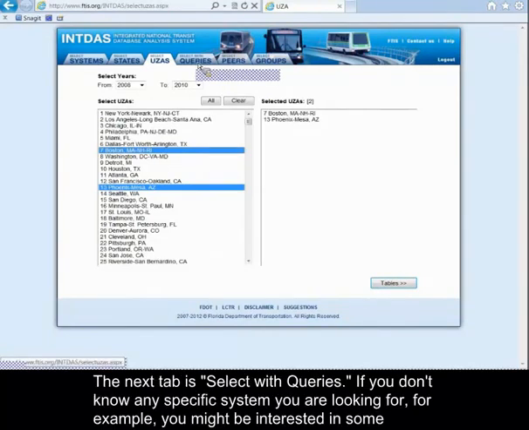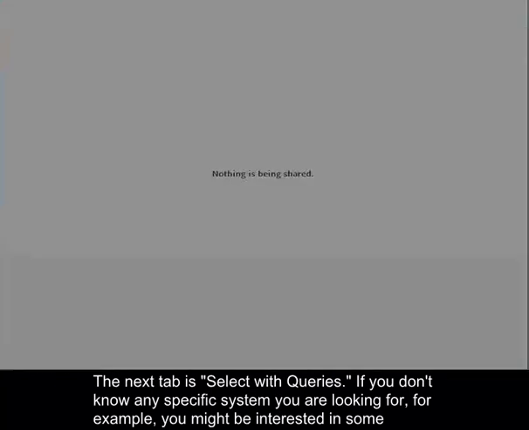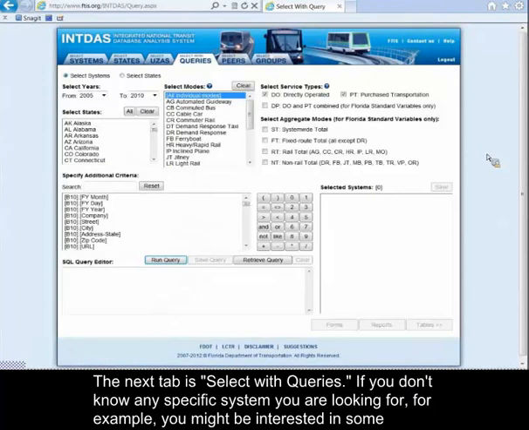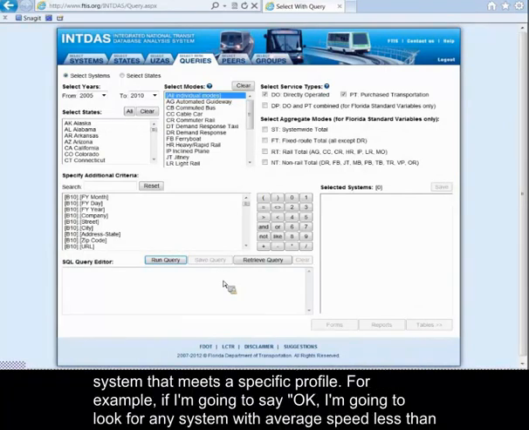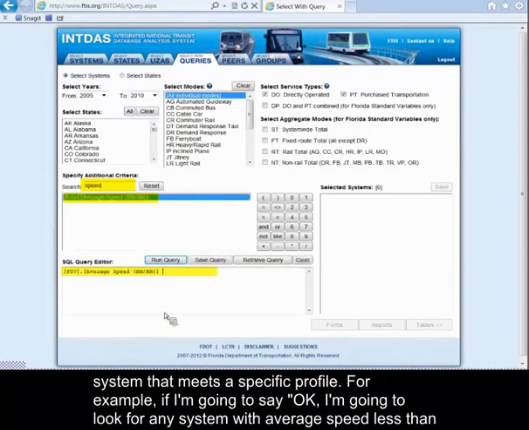The next step is select with queries. If you don't know any specific system that you are looking for, for example, you might be interested in some system that meets a specific profile. For example, if I'm going to say, okay, I'm going to look for any system with average speed